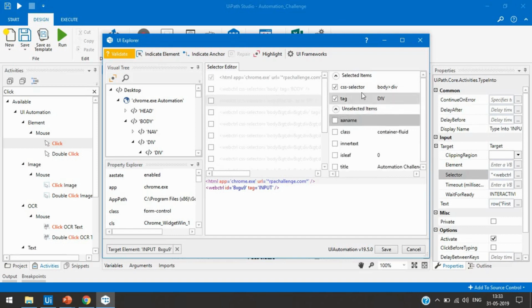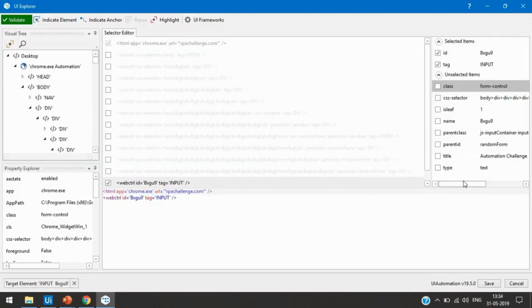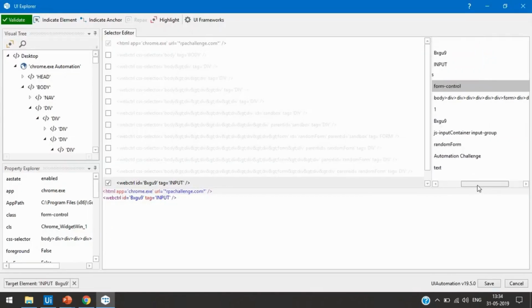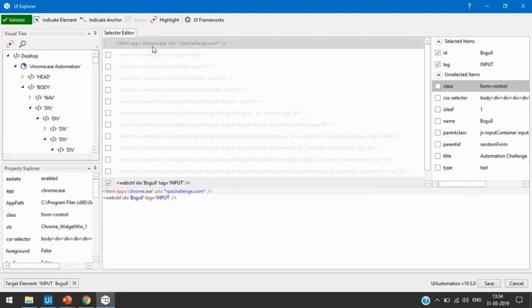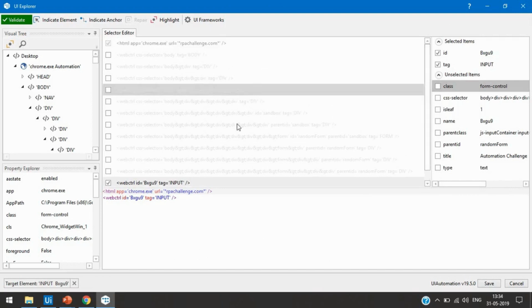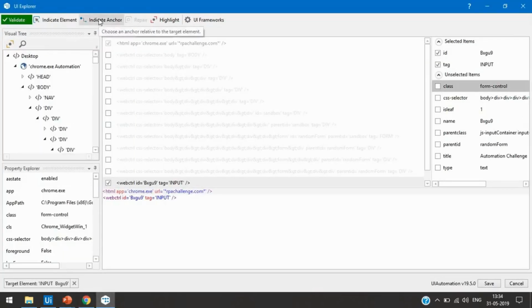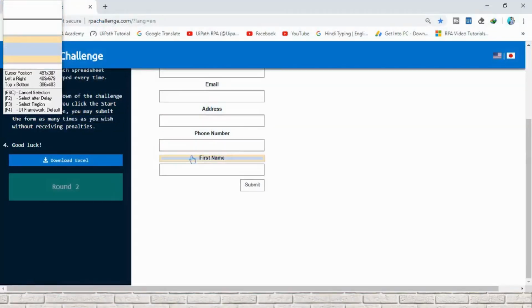These are two attributes that are selected, and now it's showing the class AA name and inner text is leaf title. If you think that this will work, then you can select from here, or we have lots of features here, we can check and uncheck from here. But first we need to find the first name and then write here. So for that we'll click on this indicate anchor and then choose this first name.